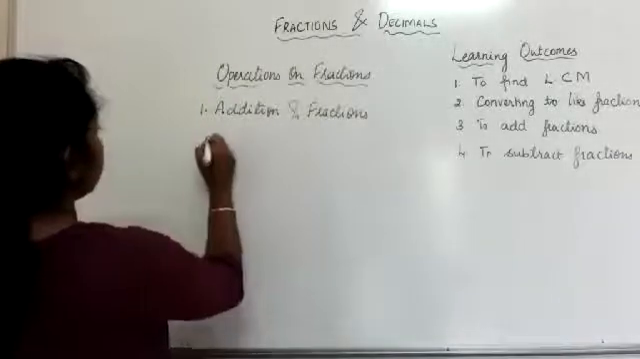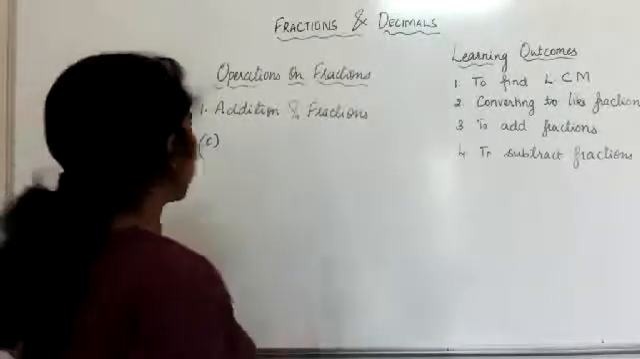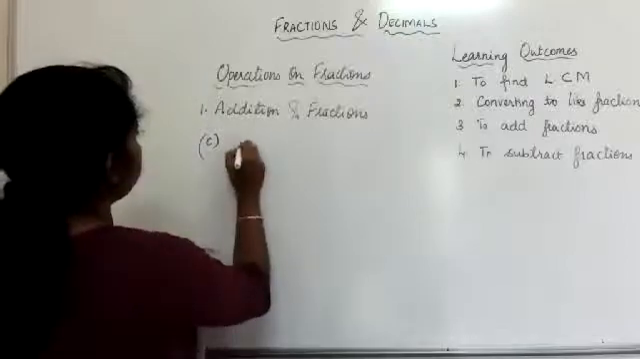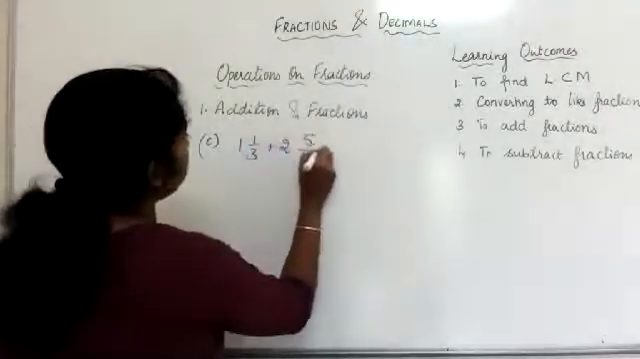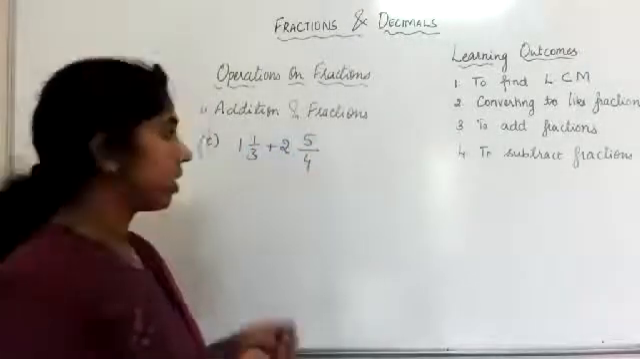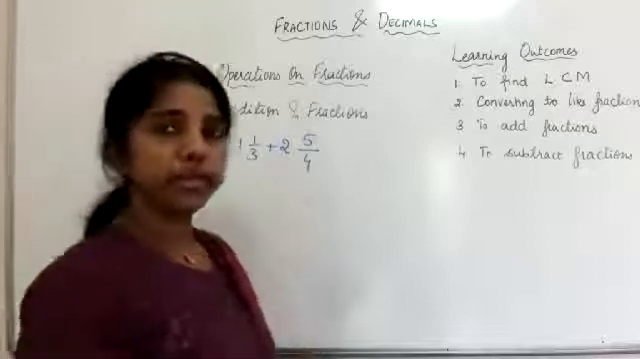So the third one, see, that's a mixed fraction. How to add a mixed fraction? So the question is 1 by 3 plus 2 5 by 4. So this is the question given. 1 by 3 plus 2 5 by 4. So how to